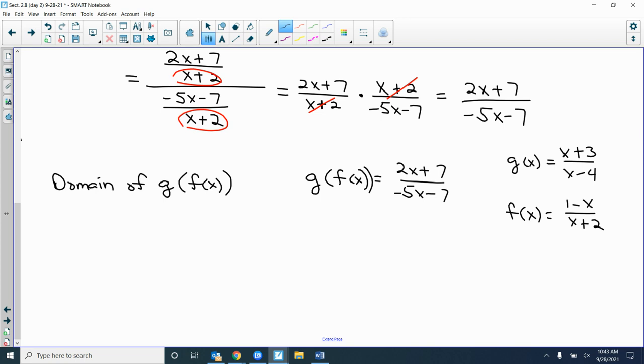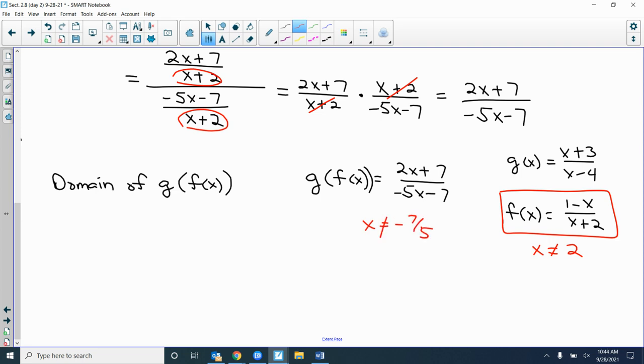The negative infinity to negative 2, then negative 2 to 4, then 4 to infinity. Okay, I agree with the first part. We are plugging in numbers, like if you look at g of f of x and you plug in 2 into the f of x, we have to figure out what that can't equal. It cannot equal 2. That's the first one we plug into. But we don't look at the g of x, you look at the final answer. What can't x equal for this one? That's going to be what? Positive 7 divided by negative 5. X cannot equal